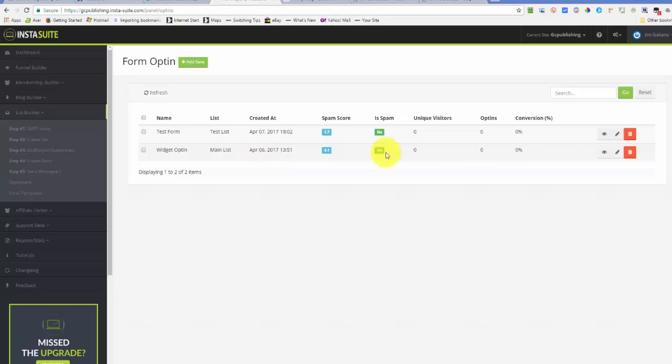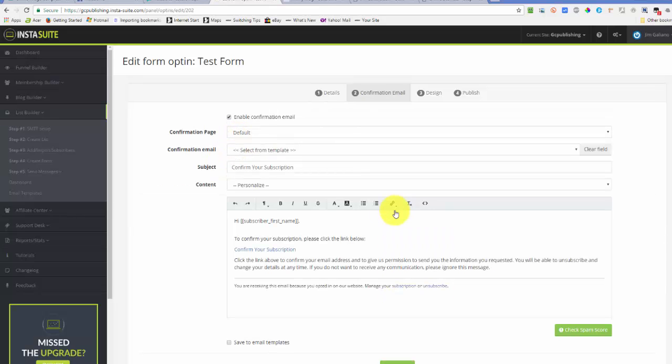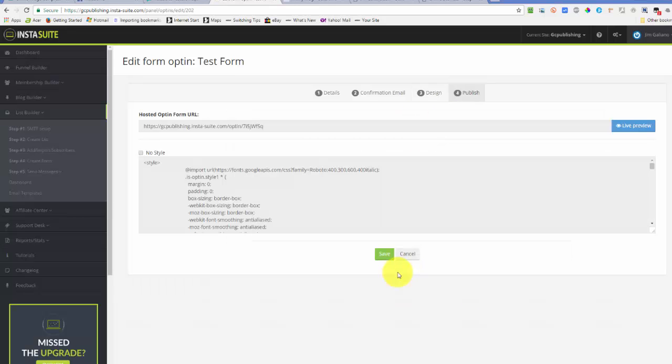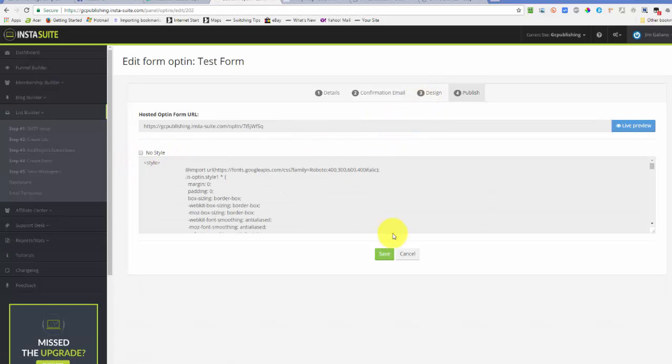When we create a form in here, when you go to edit it, you can see that it'll walk you through the steps of picking out the list and the thank you page. Then you click to the next step, you can have the confirmation email. And then it has the design here where you can change the text or make it however you want. But now on the final stage of it, it actually gives you the code. So you can choose the code with the styling that'll make it look like it did in the design, or without the styling, and it will give you everything